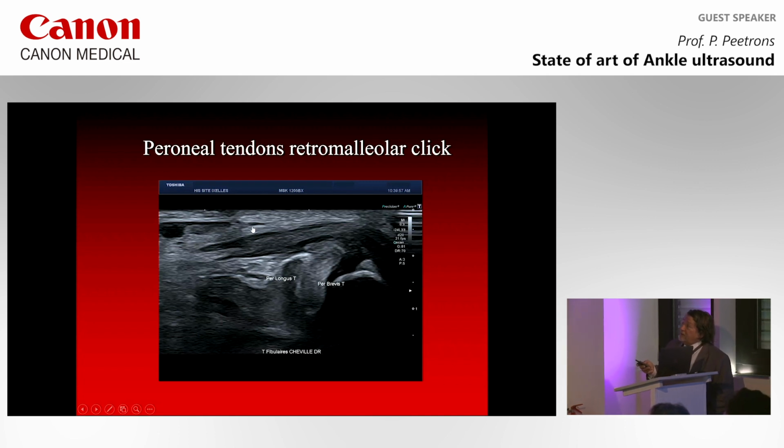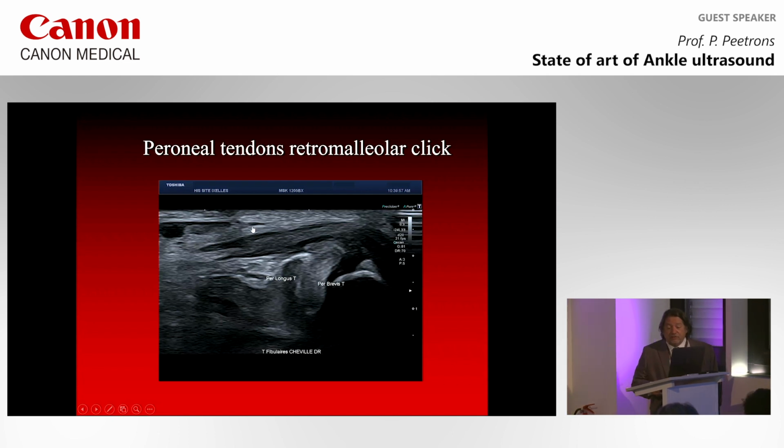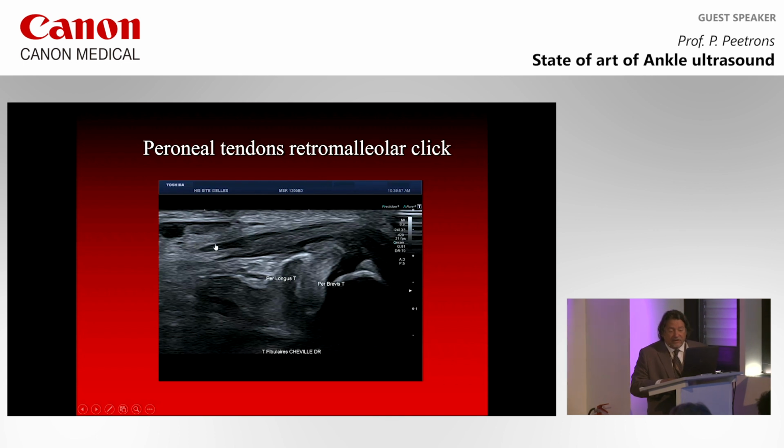Something that is not very well known is the retromalleolar click. So what happens? The patient comes and says, I have some pain, and I heard, or I see, or I feel a click when I do some movements. So I ask her to do these movements and try to find what happens. First of all, in this